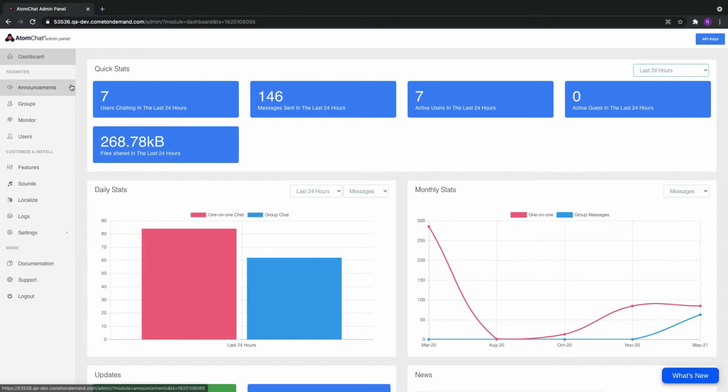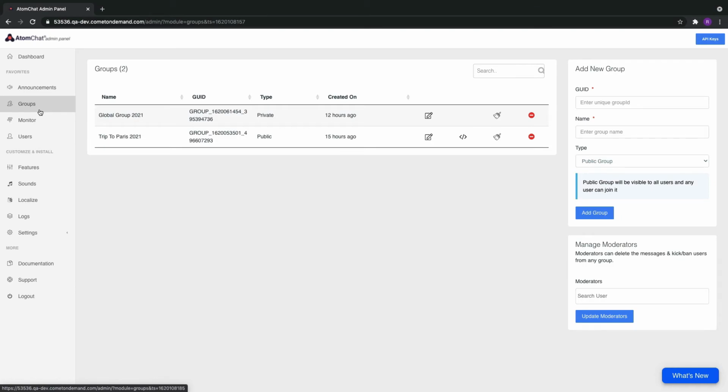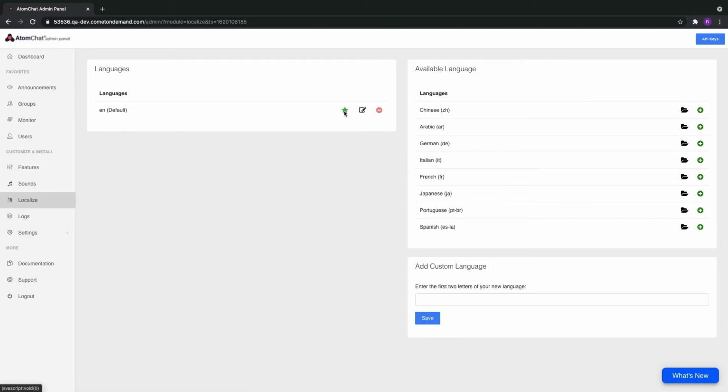AtomChat also comes with a powerful admin panel that lets you do a lot of configuration and a lot of settings. Let's have a look at it. So the first thing that user will see is a dashboard, which is basically the snapshot of how the user base is performing. Then you get things like user and group management,